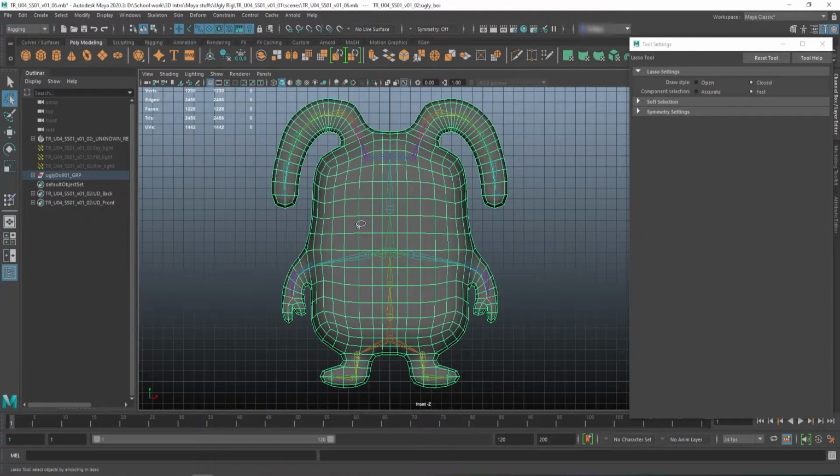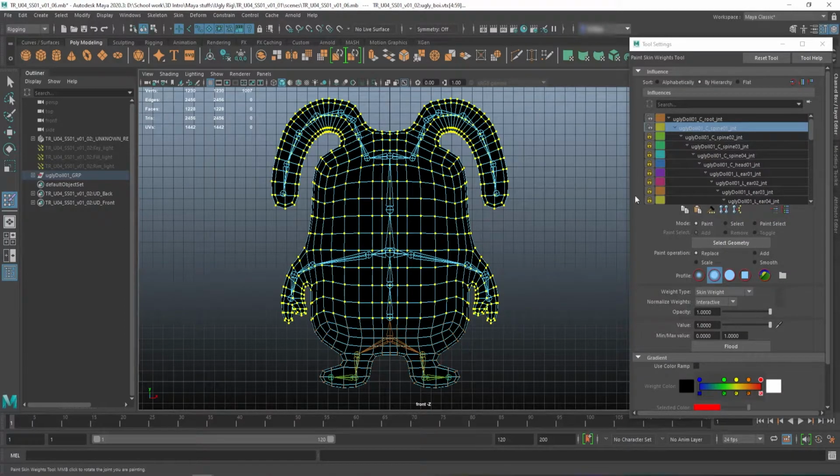Okay. So I'm going to get the lasso select, change it to vertex mode, and I know it's this joint that I want to add influence to. So I'm going to grab all of these vertices in here. I'm using a pen in Maya. That's terrible. I don't recommend that. Using a pen in Maya is the worst thing. Anyways, okay, so with these vertices selected,